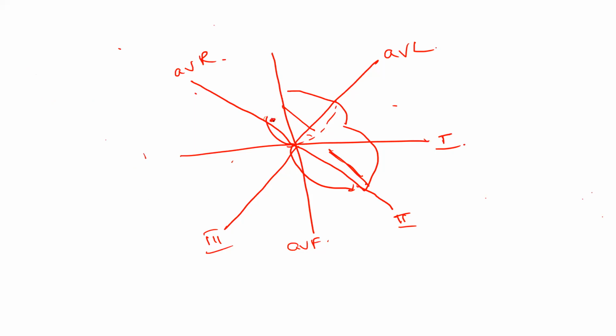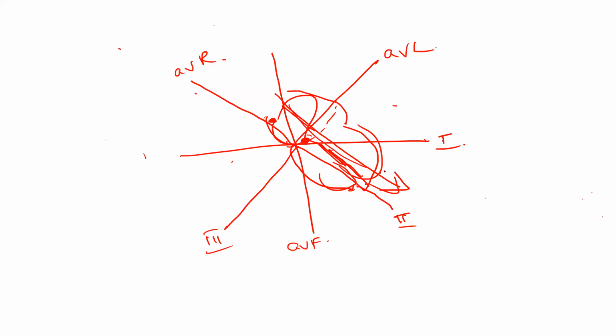It starts from the sinoatrial node. It travels from the right atrium to the left atrium, converges in the AV node, then is distributed along the interventricular septum, and then gets distributed like this. So the entire overall axis of travel is in this direction. Am I right? Yes, sir.